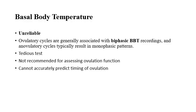After the ultrasound, let's do the basal body temperature. Let's learn about the basal body temperature, which is not usually done nowadays. So what is basal body temperature? It is the temperature under basal condition at rest. So how will you tell the patient to do the basal body temperature? You will ask the patient that each morning after waking up, before arising from the bed, she should take her